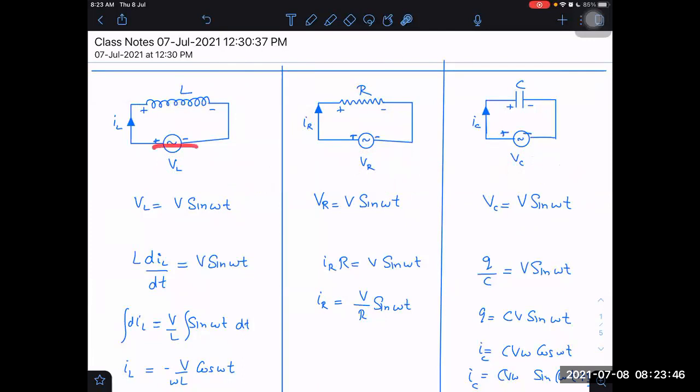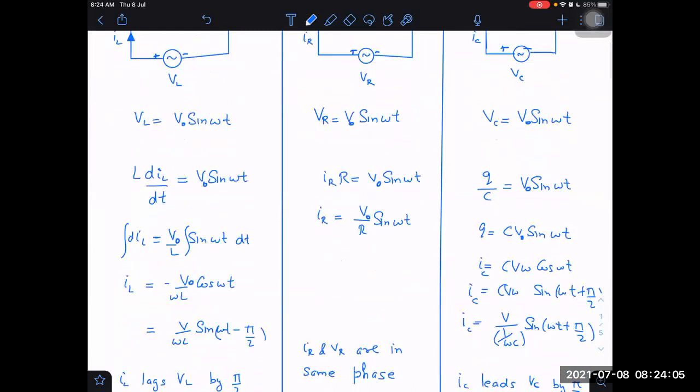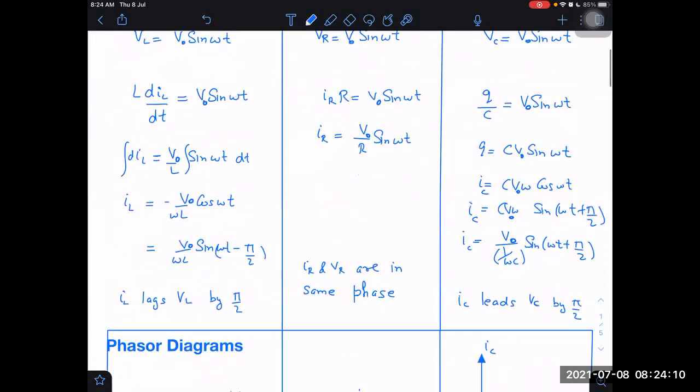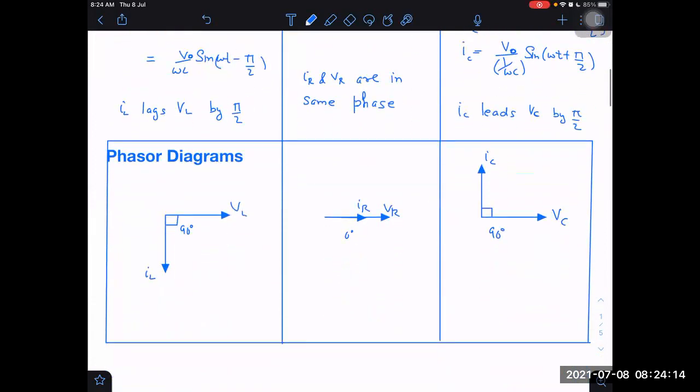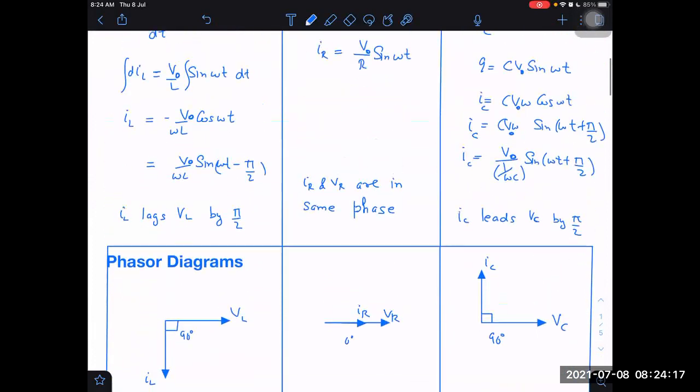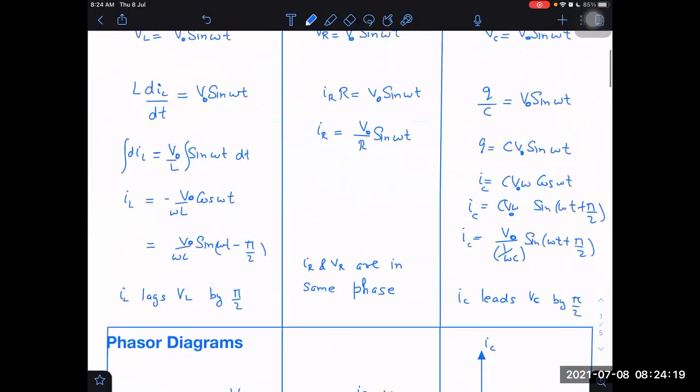So if it is sinusoidally varying voltage, then I can write VL as V sin omega t in all these places. Sometimes we prefer to call it V0 just to tell that it is the maximum peak value. V0 is usually denoted for the peak value, the maximum value of the voltage. V0 here, V0 here. Right, like that only. Is it fine? Yes, sir.